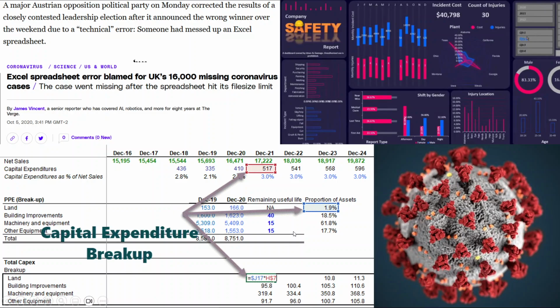Then here you can see a financial model, and this is one of the most common use cases for Excel, to do something in the financial or accounting area. And here is a so-called dashboard where you graphically show some underlying data, and you can also do this with Excel.